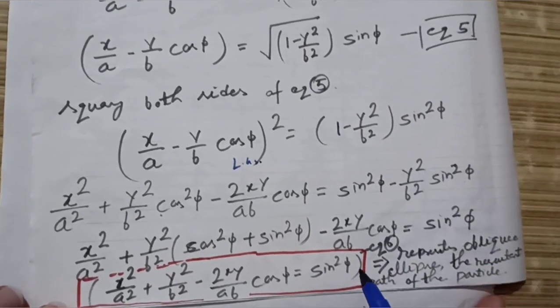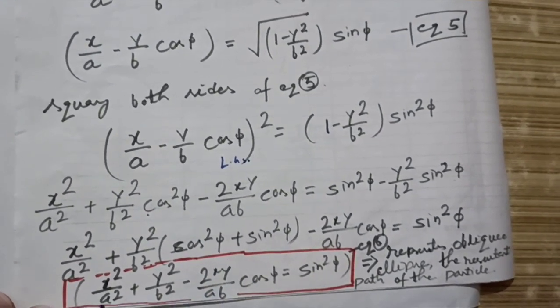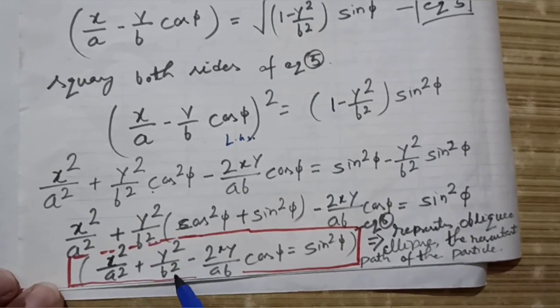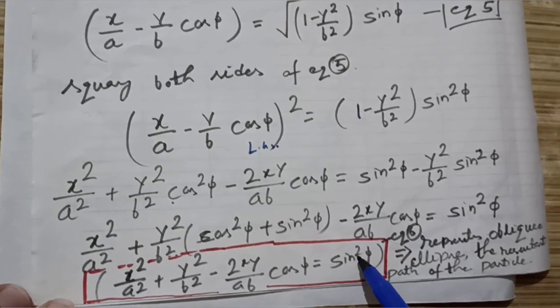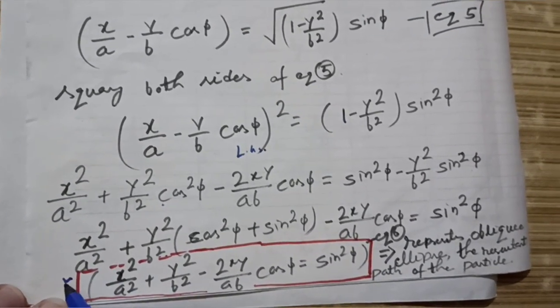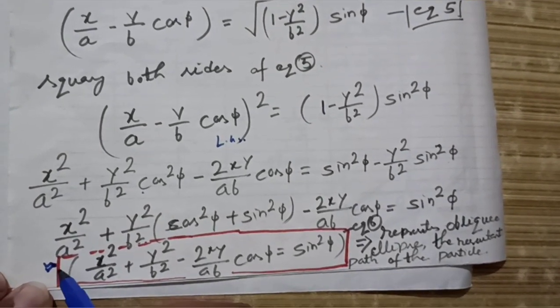If you rearrange this, sin square phi plus cos square phi is 1. So x square upon a square plus y square upon b square minus 2xy upon ab cos phi equals sin square phi. We have to take this equation into consideration,